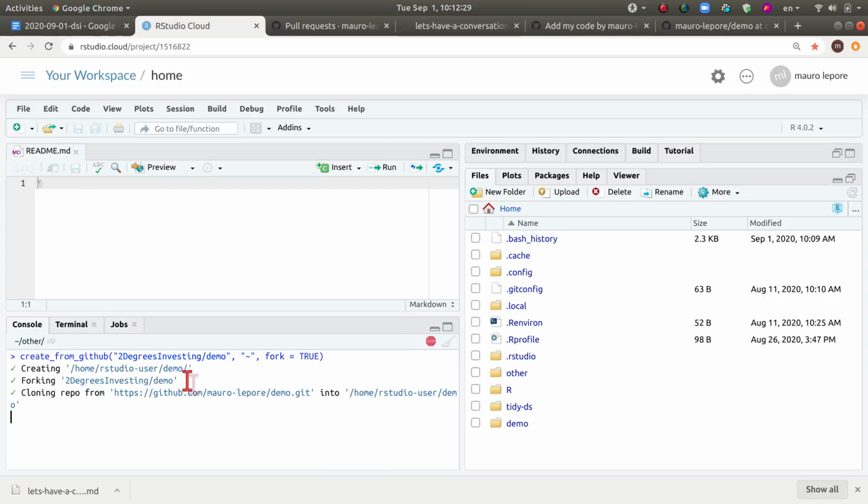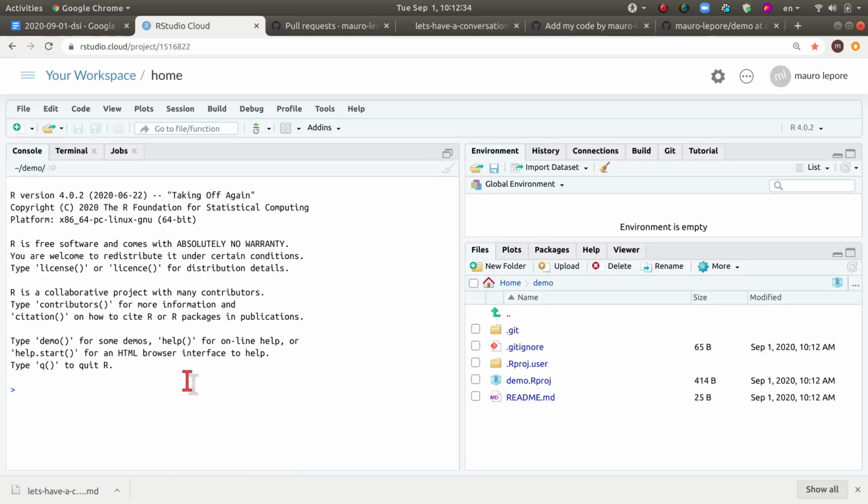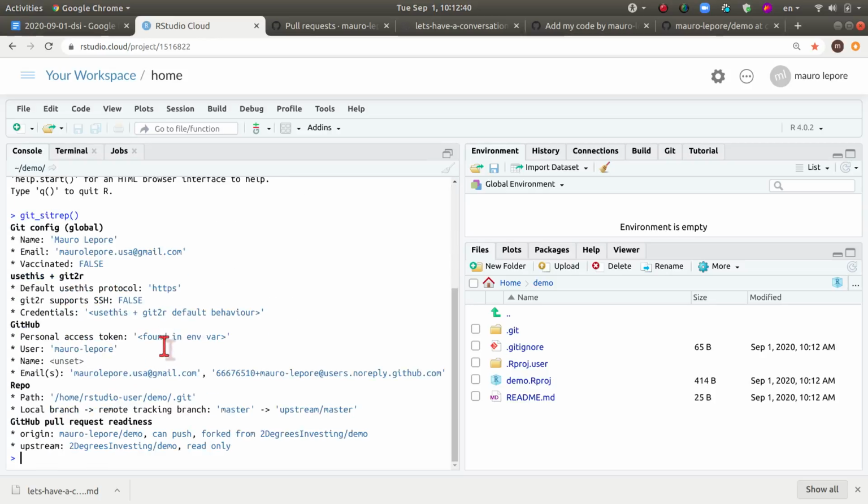There you go. That will create a clone of the upstream. Let's do git_sitrep. It will also create a connection to the upstream and a connection to the origin. So now they can fetch